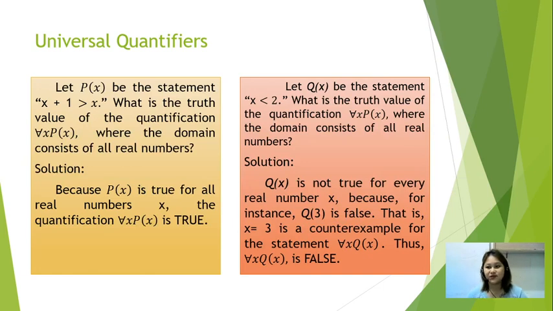Next, you have here another example of universal quantifier. So we have to find the truth values of these statements. So you have, let P of x be the statement x plus 1 is greater than x. What is the truth value? Okay. You have there the truth value of the given is true, right? For every x, P of x is true. Why is that true? So x plus 1 is greater than